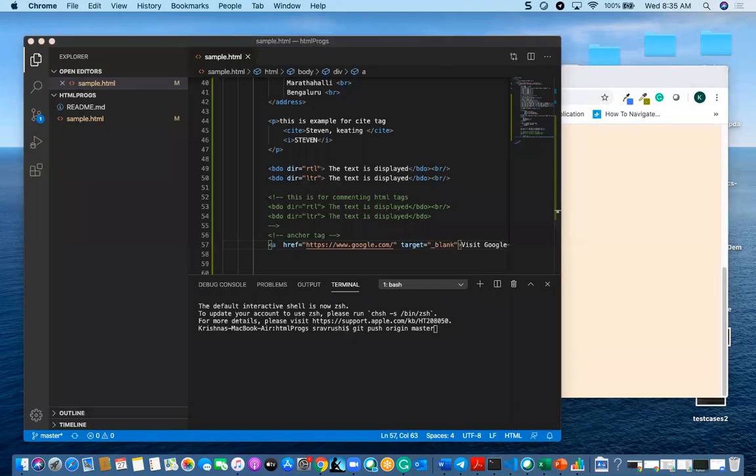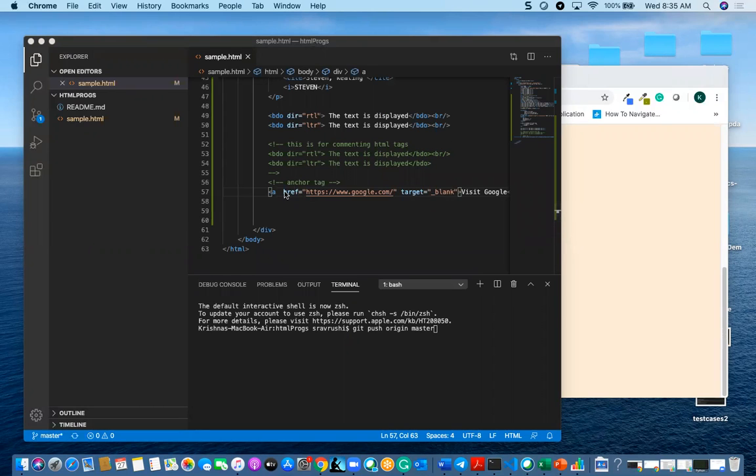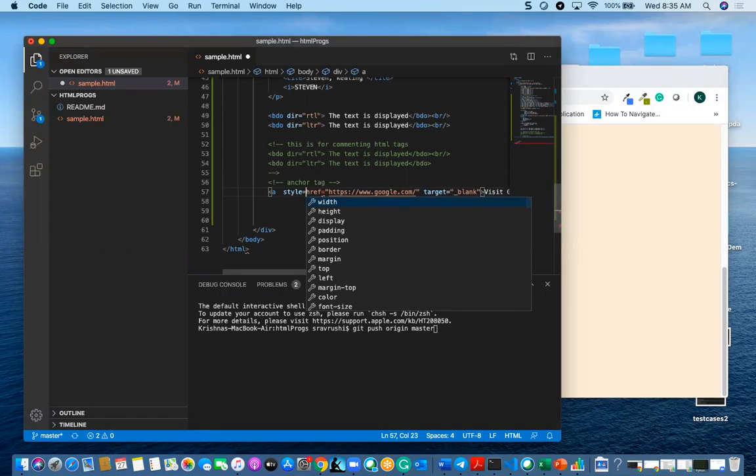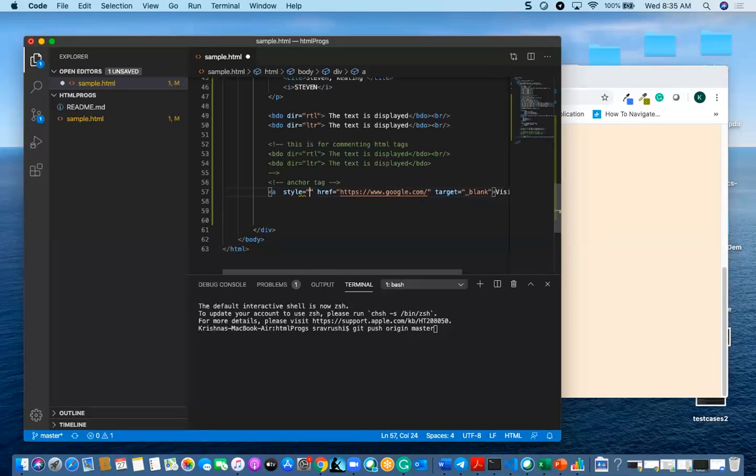You can give some text for this link if you want, like some style is equal to something. Strike tag is same as delete tag, right? Which one? Strike tag.